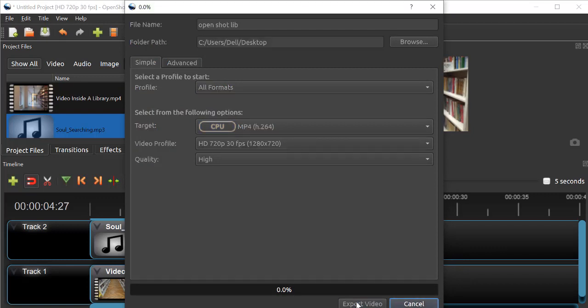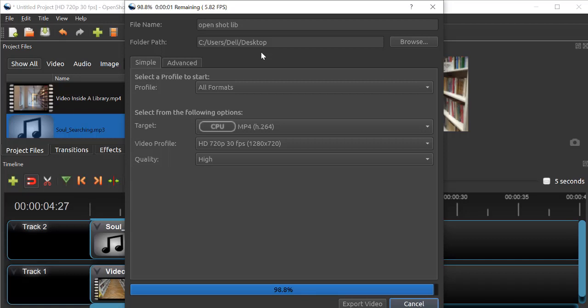Here is the option down below, export video, and it will start exporting. You can see it started exporting, and it will come to the desktop, because I gave the path here. So you can edit like this. It will go directly to the desktop, the path which you have shown to the software.